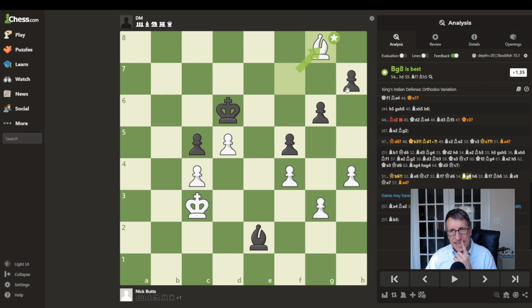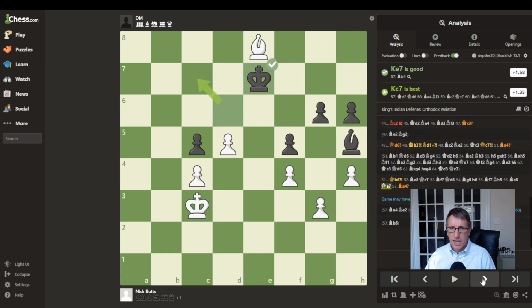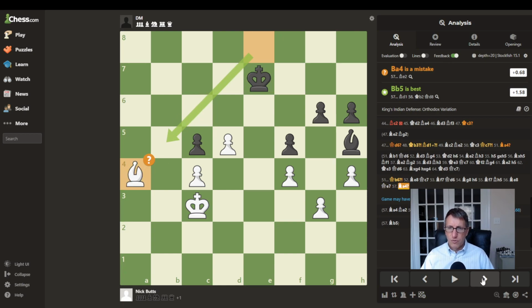I was worried about taking this and having him jump in here to protect this, and his king covering my escape route. But anyway, that didn't occur. He pushed forward, and then I went here to attack this pawn, and he protected it. And then after bishop to e8, he just attacks the bishop, and I moved here, and we were running out of time at this point, and we agreed to a draw. So